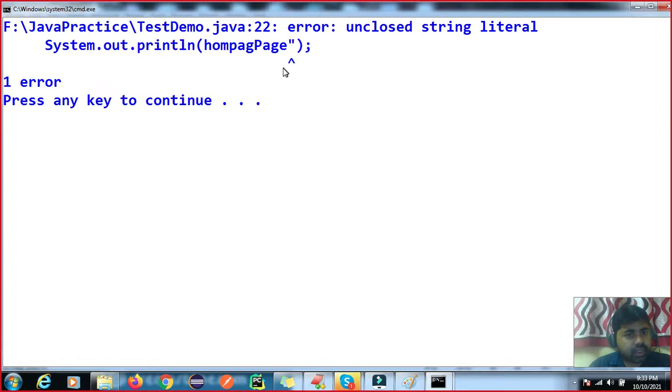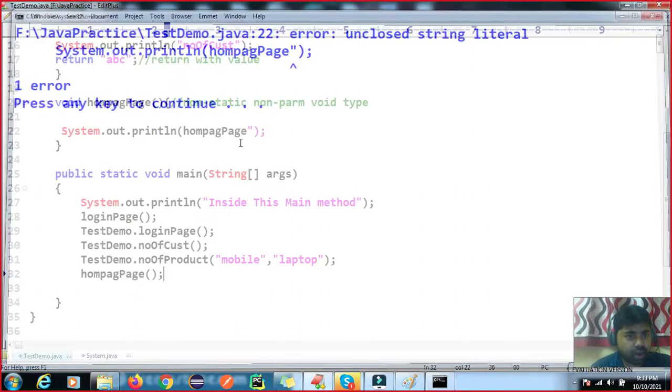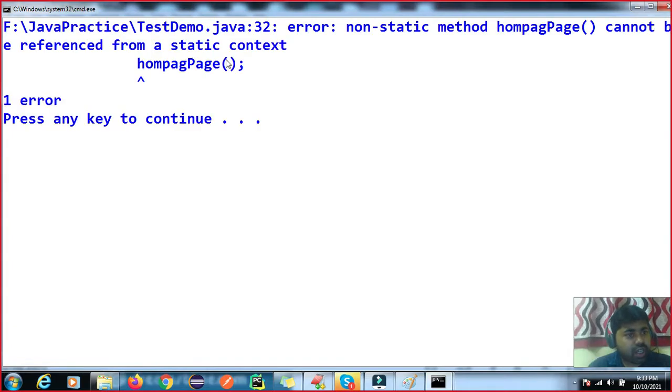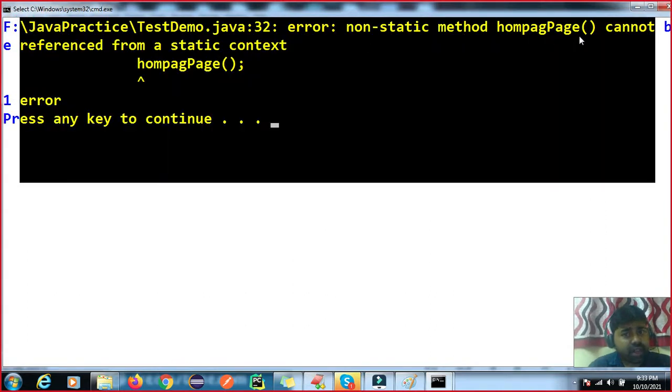I think something went wrong here, I did not close this, so this is a different error. At compile time, you can see now, when you call it directly from a static method, we will get an error: non-static method home page cannot be referenced from a static context.